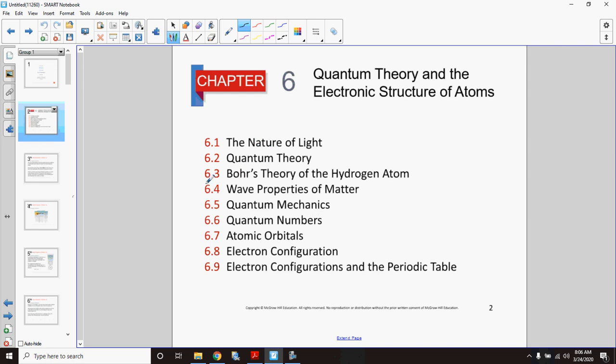Last time we talked about the first three sections of this. We looked at the wave nature of light. So we figured out how to mathematically describe how light behaves, and that's something that scientists love to do. We talked a little bit about quantum theory and why hydrogen atoms give off light. If you take a hydrogen atom and you excite it by throwing lots of electricity at it, it will give off light. And the reason it does that is because electrons will jump from where they are at the nucleus. They will jump farther away to a higher shell. And when they drop back down, they have to release the energy they absorbed,